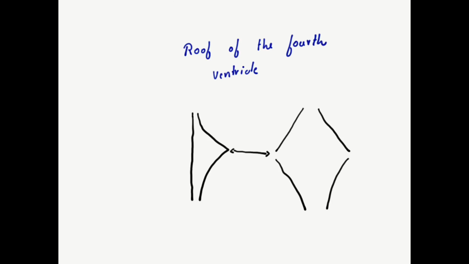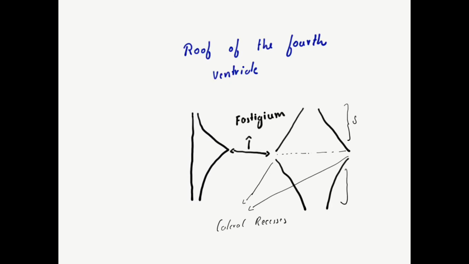Coming to the fourth ventricle proper, whenever we describe the fourth ventricle, we describe it with respect to three important locations. They are the roof of the fourth ventricle, the floor and two lateral recesses. The roof, as we see, is a tent-shaped structure, and it has an apex which is called the fastigium. It is at this region of fastigium that the fourth ventricle has the maximum height as well as width, and laterally it extends up to the lateral recesses. And fastigium divides the roof into a superior part and an inferior part.